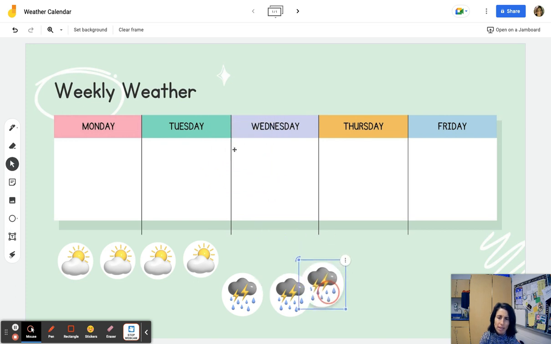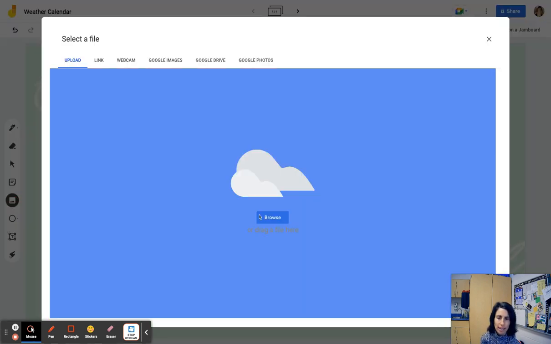And then the nice thing here, I exported them from Canva as a transparent background. So they did have this green background in Canva, but you can just get it out of there. And then I also, the template I used in Canva was a circle sticker. So let's go ahead and add the next one. So we'll drag our sun,